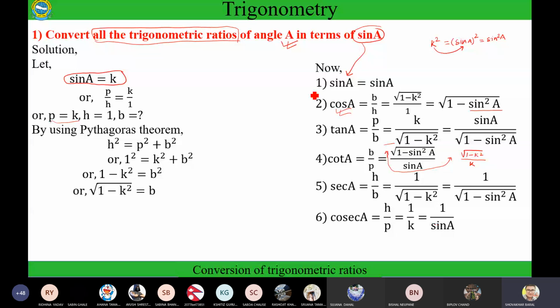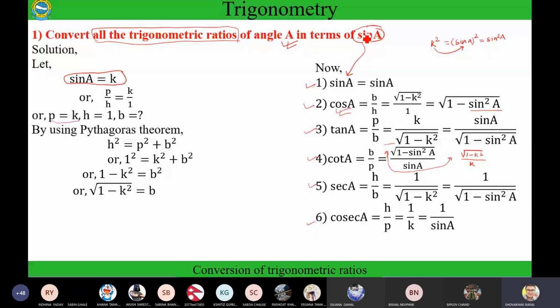We have expressed all these 6 trigonometric ratios in terms of sine A. Similarly, you can express all the trigonometric ratios in terms of cos A, tan A, cot A, and you can solve this question. Now this one question becomes 6 questions: this is one, and now 5 extra questions. If you change this by cos,